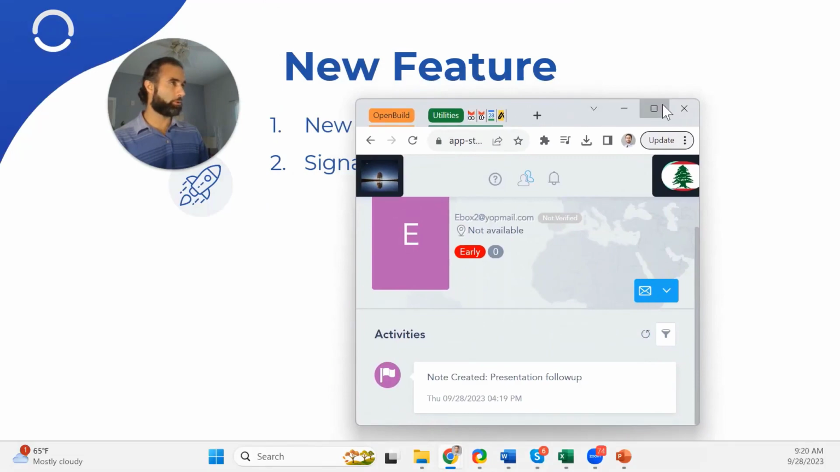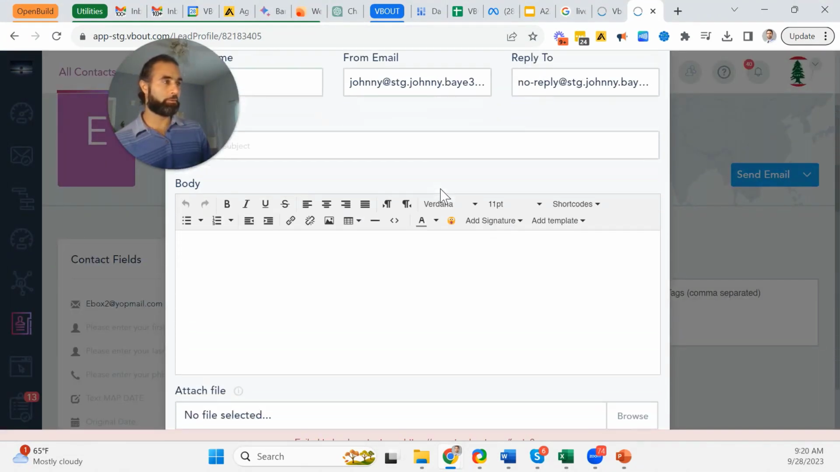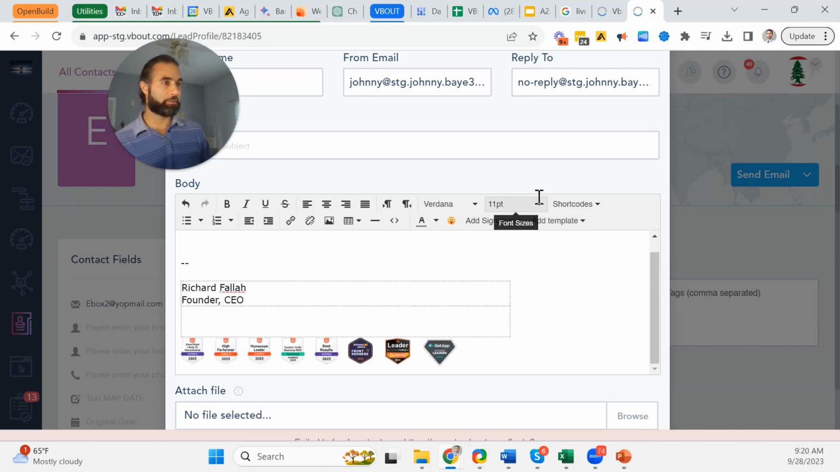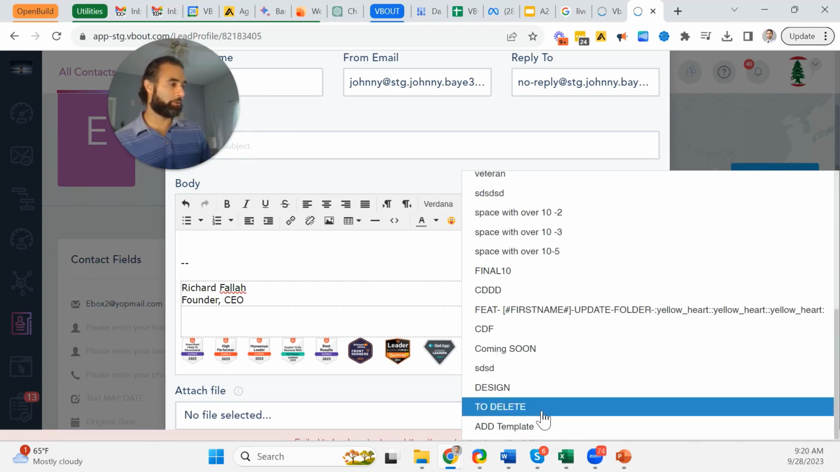This is really cool. Also, an optimization to the current ways you do things. So let's say I want to send an email, a one-to-one email to this gentleman or whoever this person is. You're going to see add signature and add template right here. And you can configure your signatures from your settings. I'll show you how. And you can also have pre-made templates, which you can insert